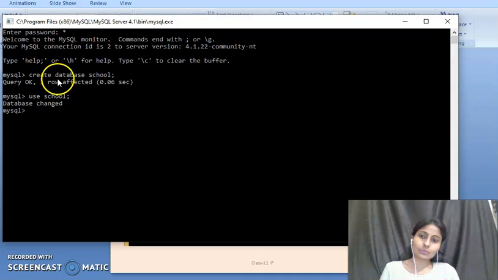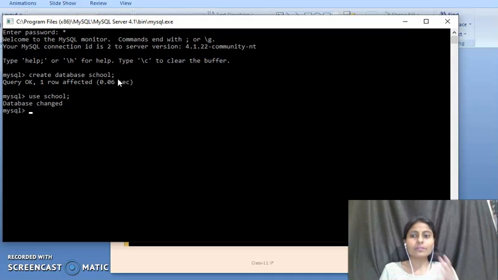Okay, so students, in this manner we will learn all the commands one by one, and today we learned two commands: how we can create a database in SQL and how we can open that database for use. By using the create command. And students, when you open the MySQL software, it will always demand the password.